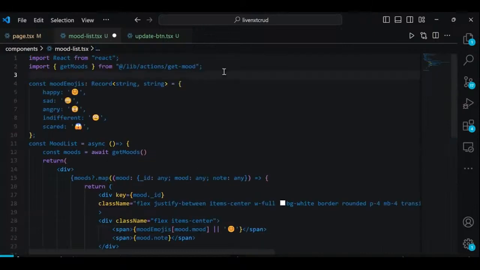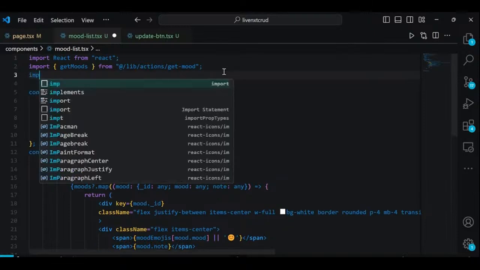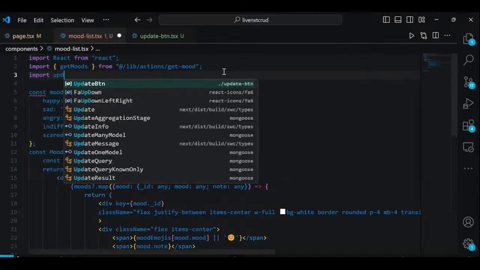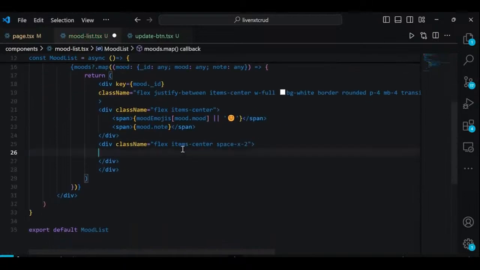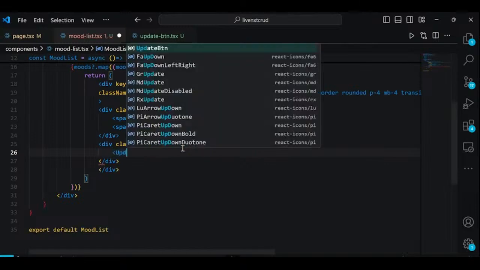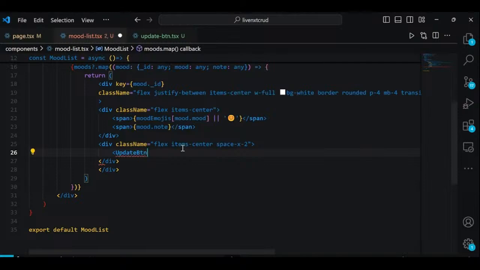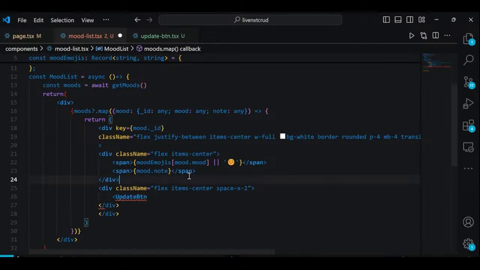At the top, I'm going to import the update btn, and that's going to come from /update btn. And we'll go ahead and use that component. We'll go update btn, and the mood that we want to pass in is the mood that we get from this mood,